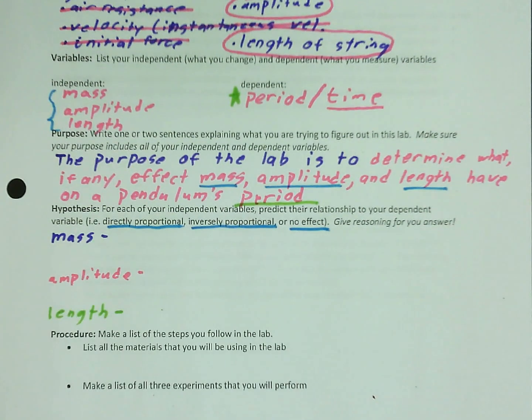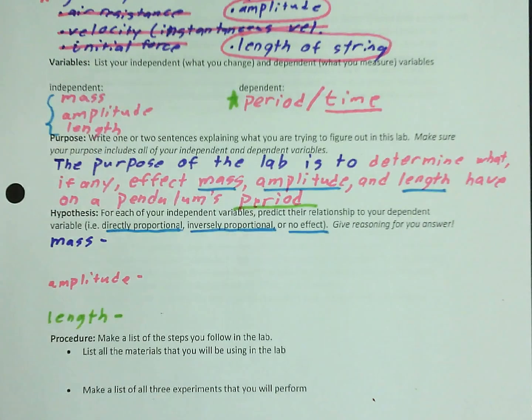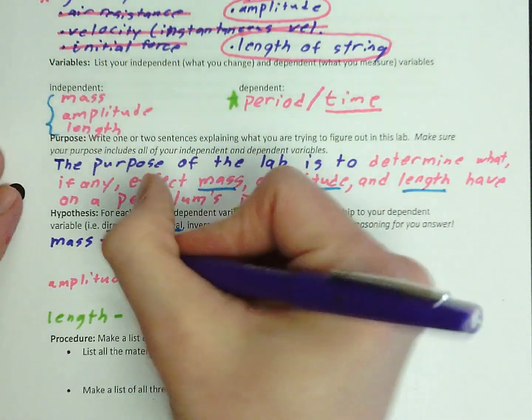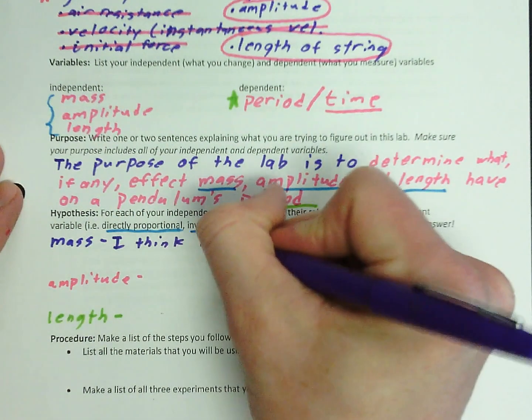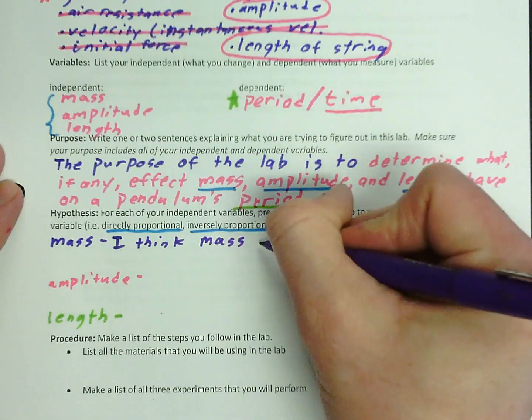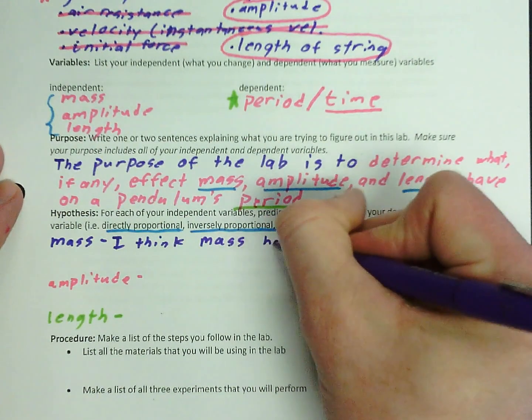So for the hypothesis, you're going to tell me what you think is going to happen. Now, you don't have to be right. You're just taking your best guess. So I'm going to do an example of mass. You don't have to have the same conclusion as me. So if you don't think this is what's going to happen, then don't write what you think is going to happen. But I'm going to give you an example, and then I'm going to give you time to do amplitude and length. So for mass, I'm going to say something like, I think mass has no effect